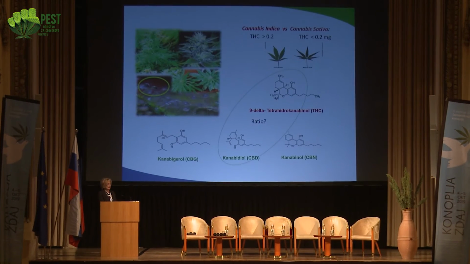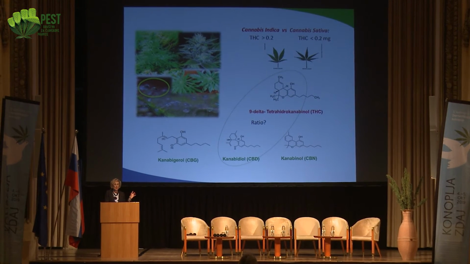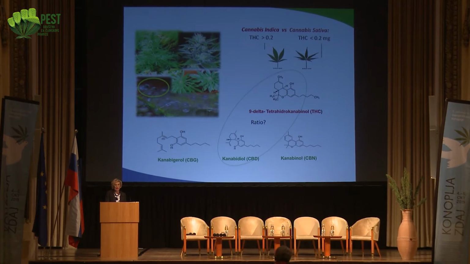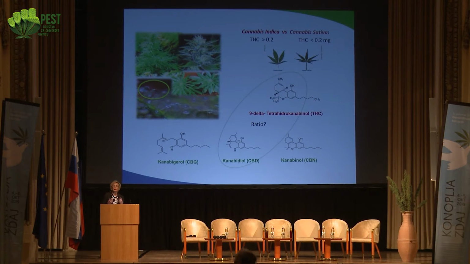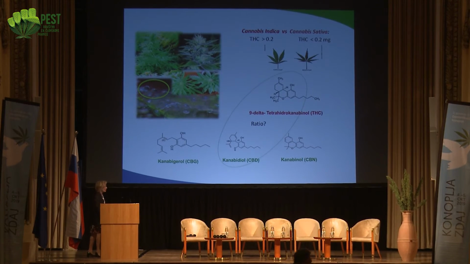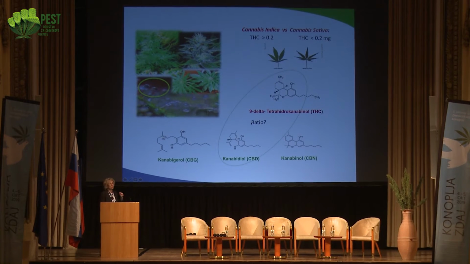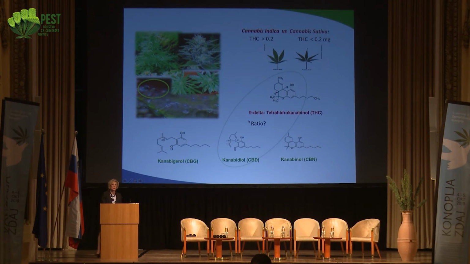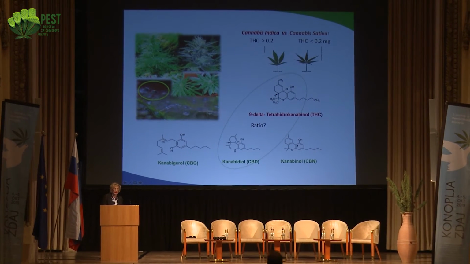As we heard yesterday already from Professor Neubauer, there are basically two known strains of cannabis. These are Cannabis sativa and Cannabis indica, which differ not only in the shape of the plant, but mostly in the levels of THC, and of course also the ratio of THC versus CBD, cannabidiol. These are two major cannabinoids that are supposed to be most effective, besides other components which have not been investigated to a great extent.